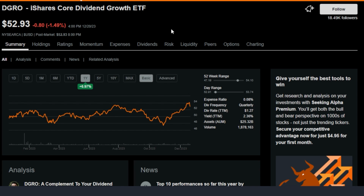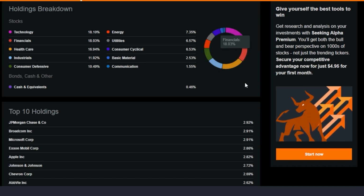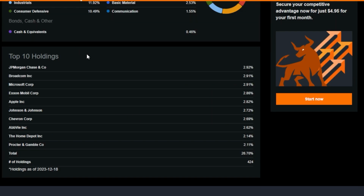Now, lastly, I want to go through a few more of some of my favorite dividend growth ETFs that you guys should definitely look into. And once again, I'll repeat what I said earlier. If you are a relatively newer investor that's building out a long-term dividend growth portfolio, and you're picking single stocks for your portfolio, in my personal humble opinion, I think that could possibly, of course we don't know what's going to happen, be a mistake, because investors that are buying into things like DGRO, the iShares Core Dividend Growth ETF, ETFs like VIG that we saw a second ago, and even ETFs like SCHD,